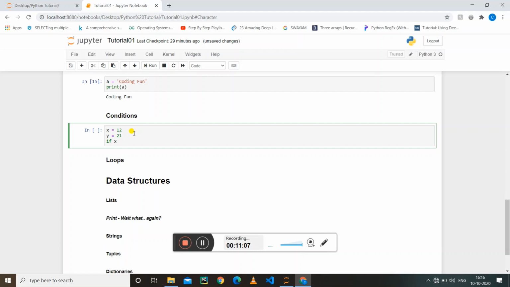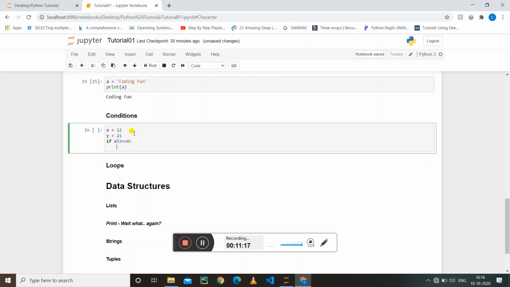I will say if x percent 3 equals 0, that means when we divide x by 3 we don't get any remainder. That's all it means. So we can say print